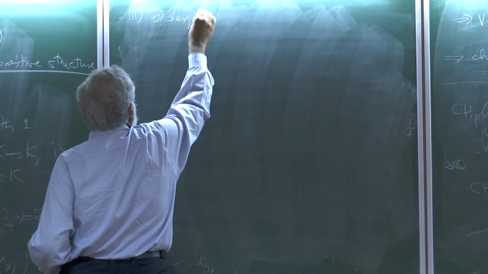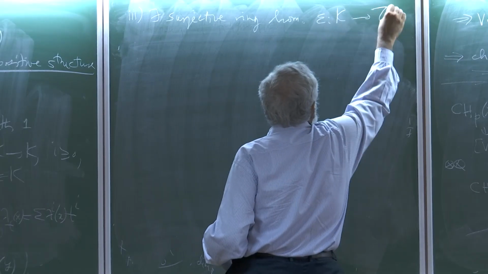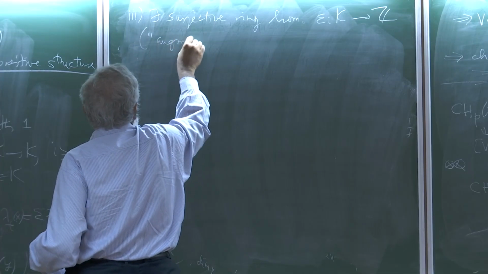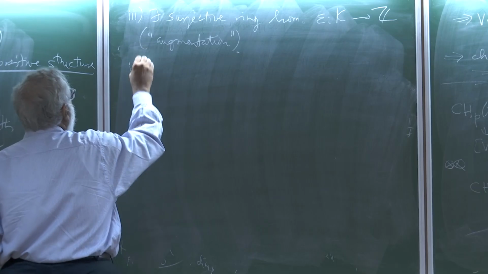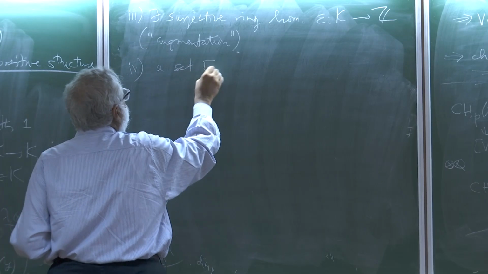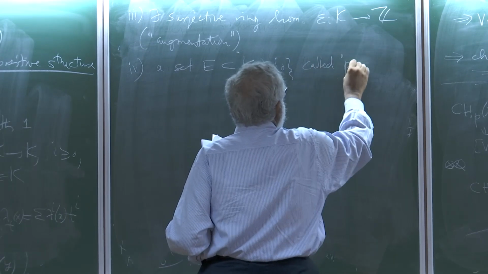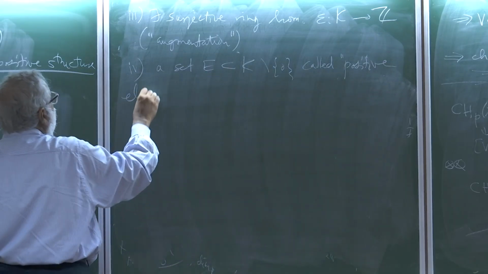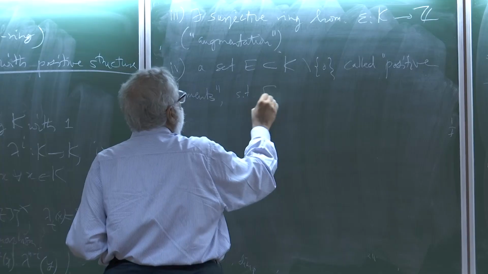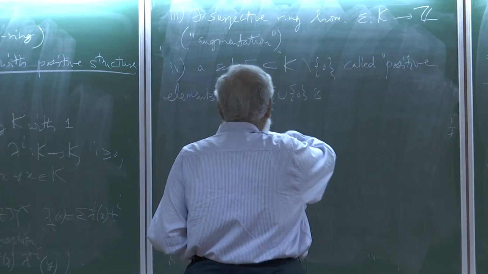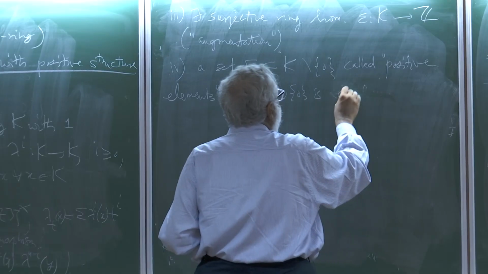Third, there exists a surjective ring homomorphism epsilon from K to Z, called augmentation. And fourth, there exists a set E contained in K minus 0, called positive elements, such that E union 0 is closed, is an additive semigroup,